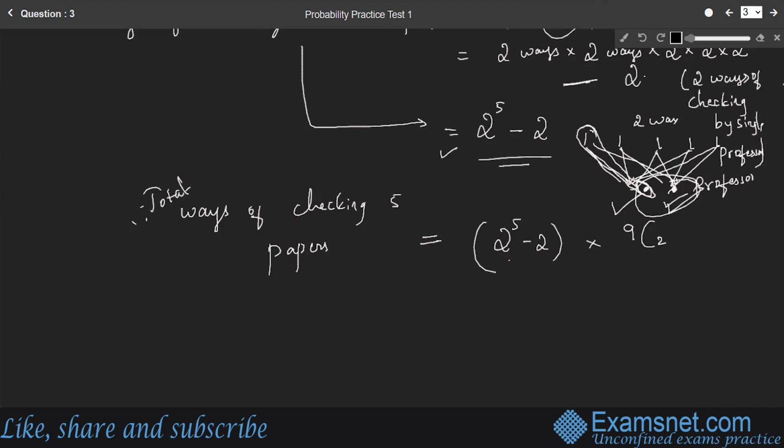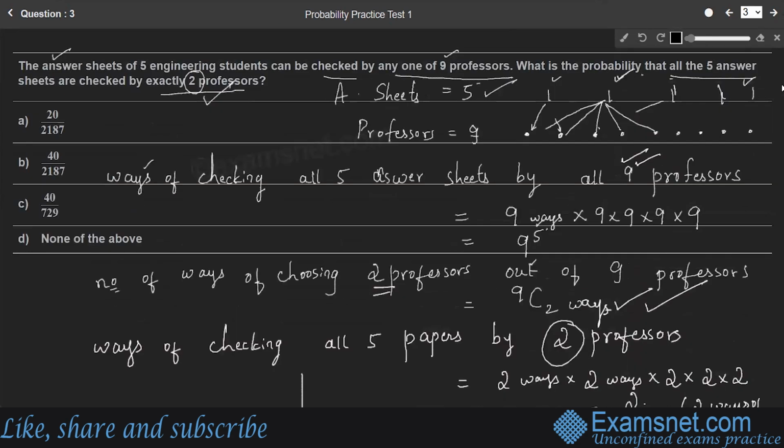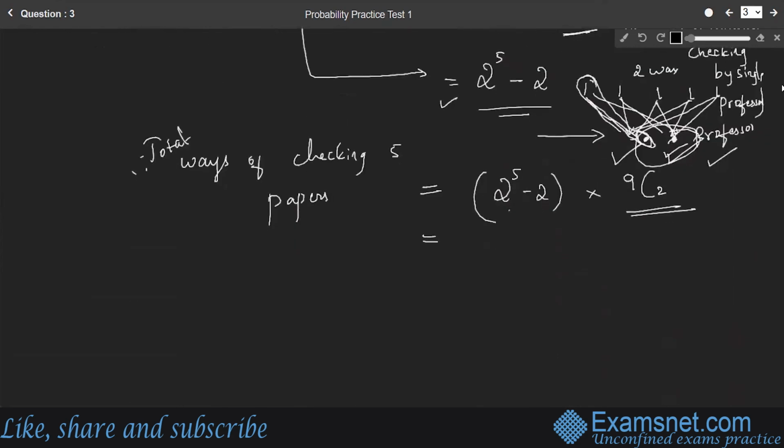This 2 raised to 5 minus 2 is pertaining to only 2 professors. It may be the first and second, or second and third, so it pertains to only one case. But we have these many cases, 9C2 ways of choosing the professors itself. Therefore, their product gives the total ways of checking 5 papers. Come back to the question: probability that all the 5 answer sheets are checked by exactly 2 professors. Therefore, the required probability